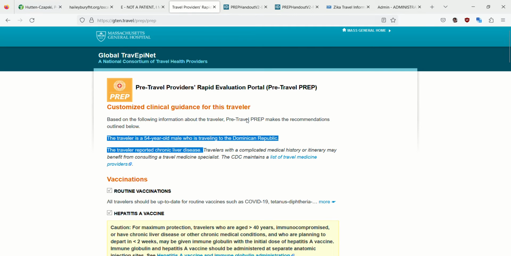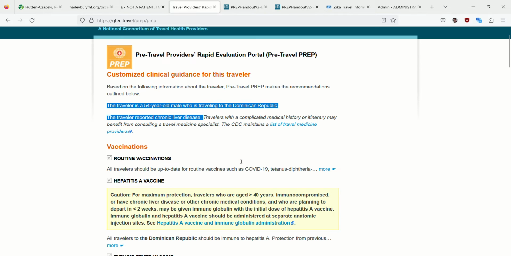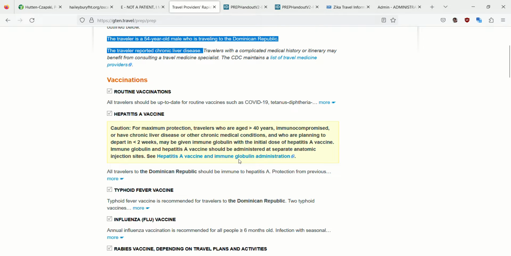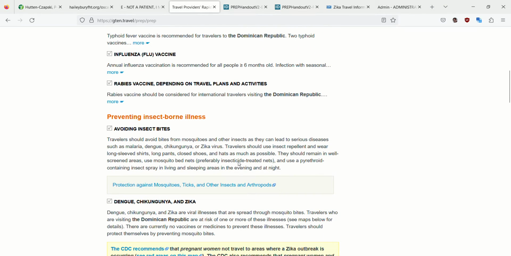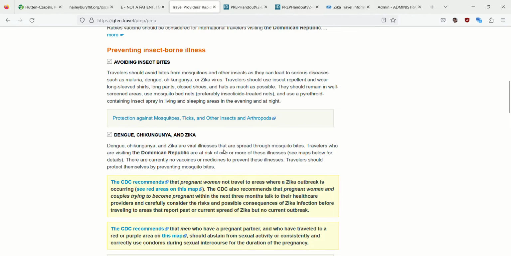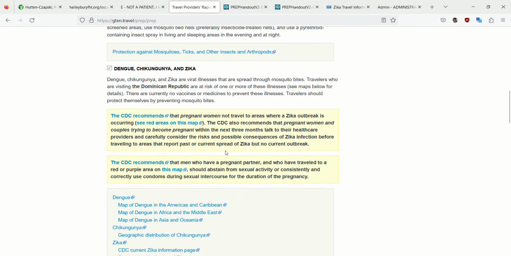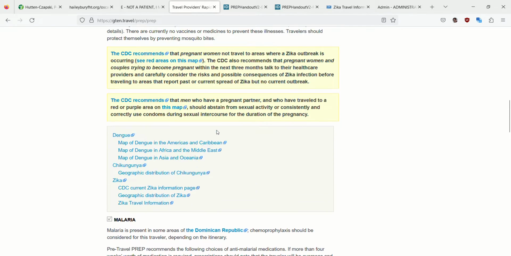And so we go review this with the patient in terms of vaccinations, routine vaccinations, hepatitis A, typhoid, influenza, rabies vaccine, avoiding insect bites, which is important for dengue, chikungunya, and Zika, although there are no Zika outbreaks currently in that part of the world. However, you can check the map